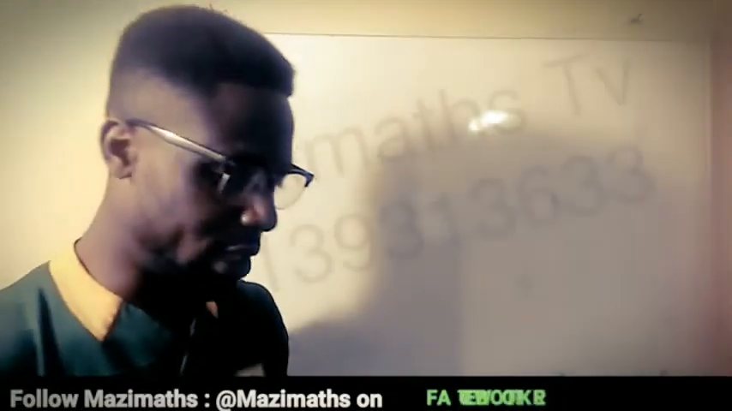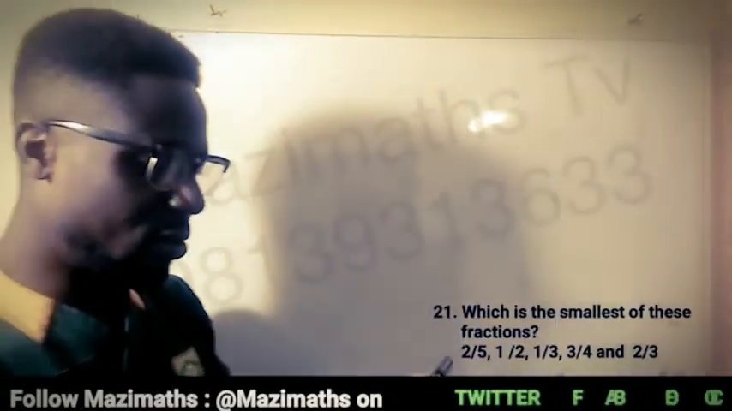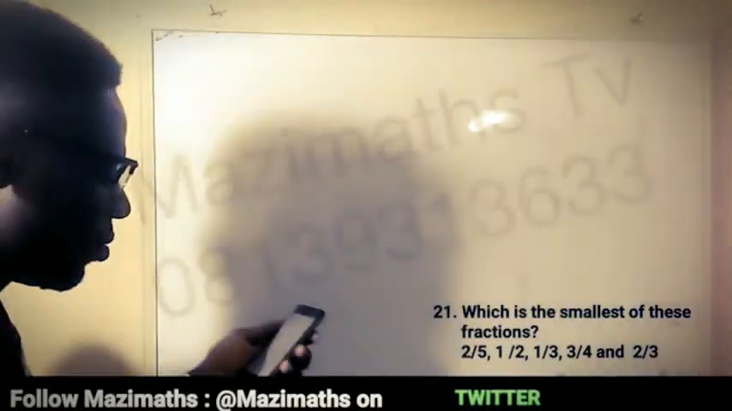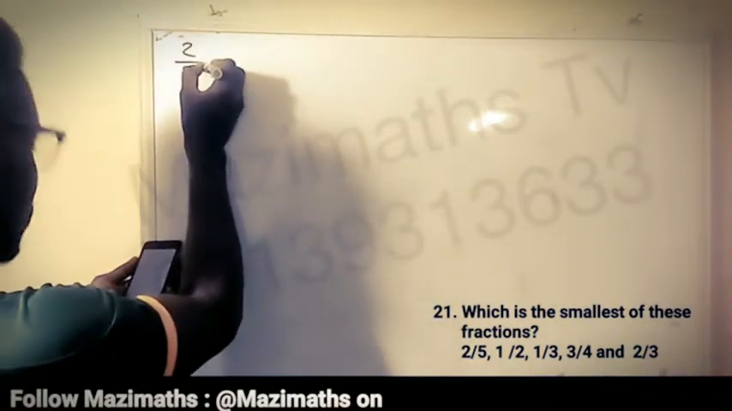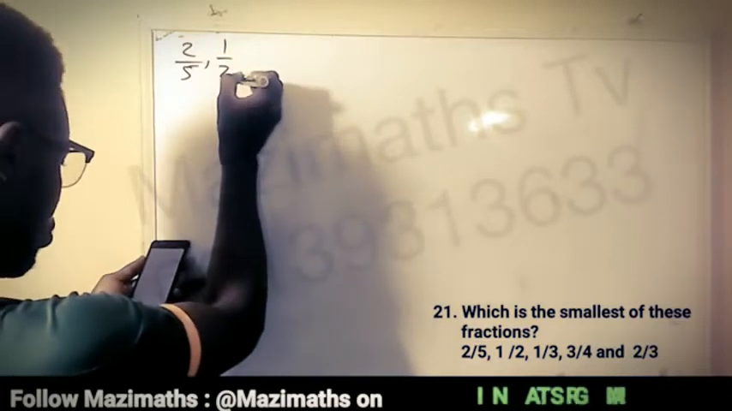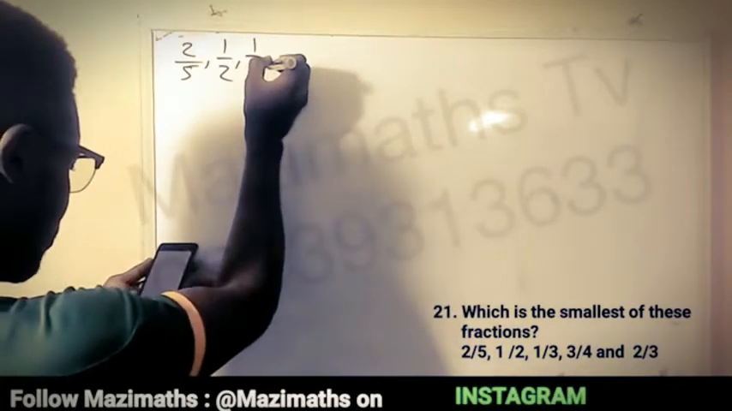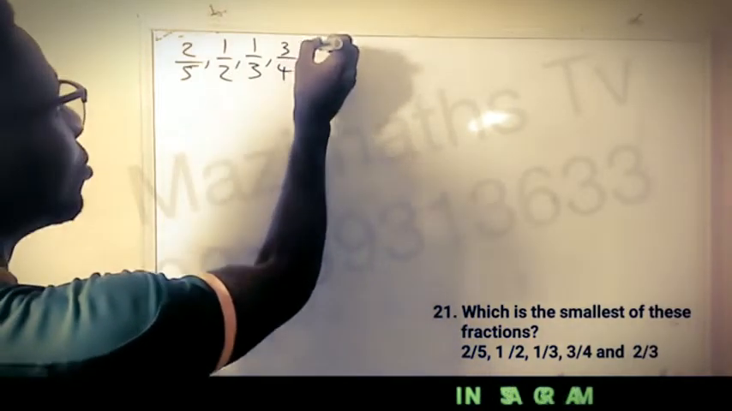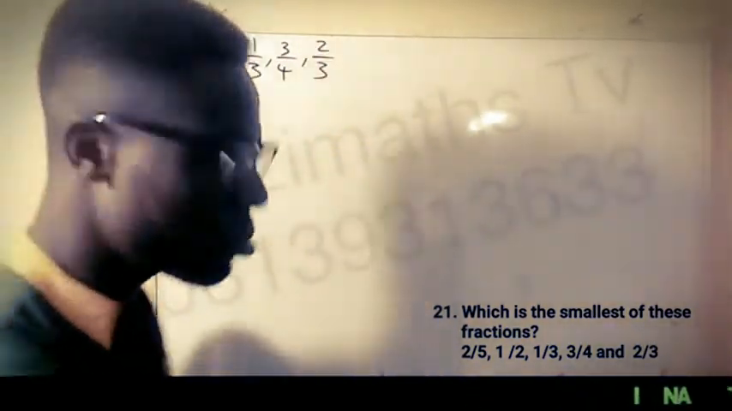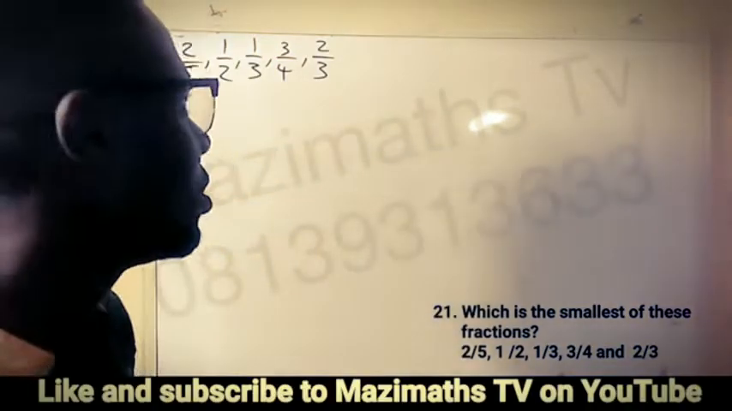Now, question number 21. Which is the smallest of these fractions? We have 2 over 5, 1 over 2, 1 over 3, 3 over 4, and 2 over 3. So for you to determine which of these fractions is the